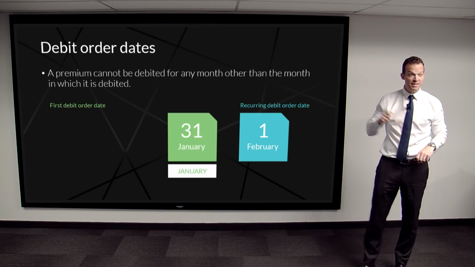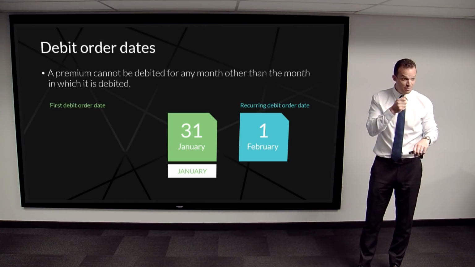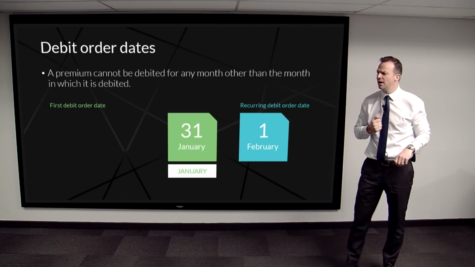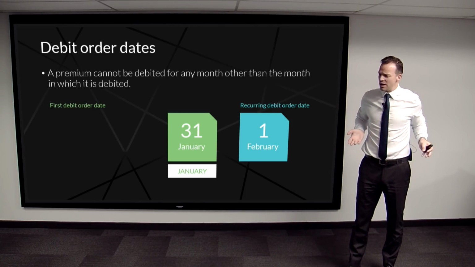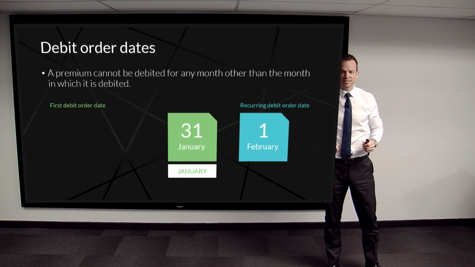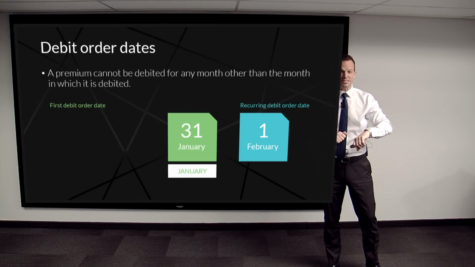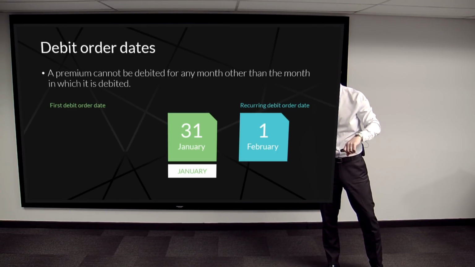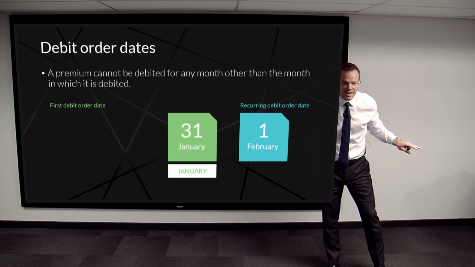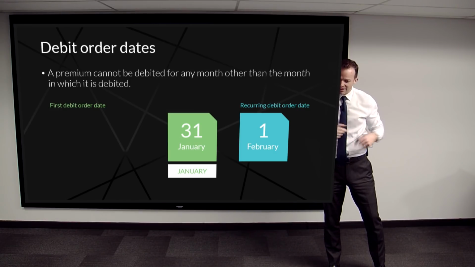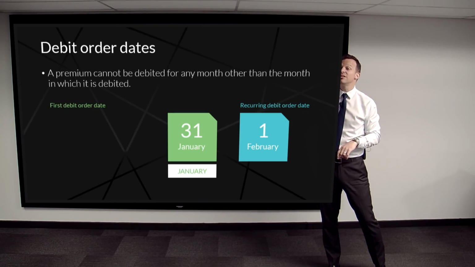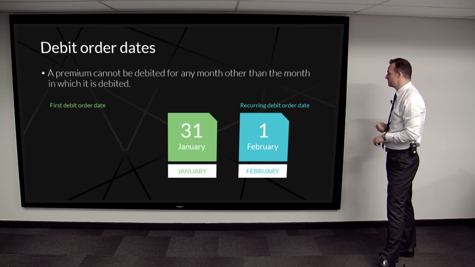Right? Then we've got some people at the end of the month, they join and they have a debit order going off at the end of the month, and then they set another one for the beginning of the month. And then they phone us and say, how can I pay 2 debit orders in 1 week? It's because one is for 1 month, one is for the other month. You understand? So even though I set my debit order for Monday, which is the 20th, I'm going to pay another debit order if I want to on the 1st of June, because I want the recurring debit order to happen on the 1st of the month. You can decide any single date, but don't phone us and say, how can you debit me twice in a week? That's because you set your first debit order at the end of the month and your recurring one at the beginning of the month. So just be aware of that.